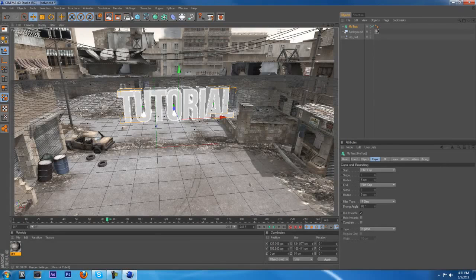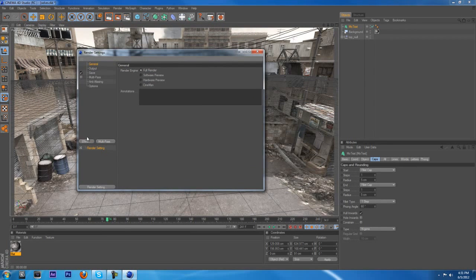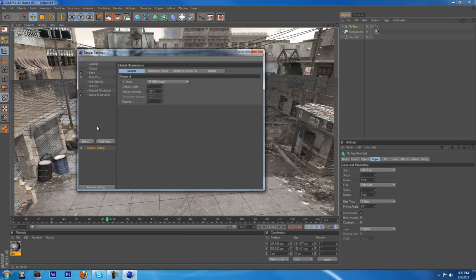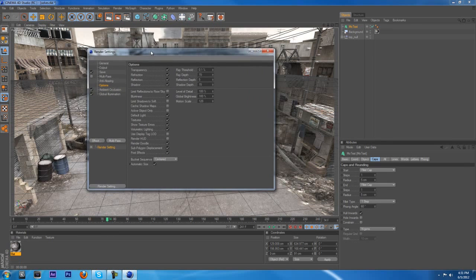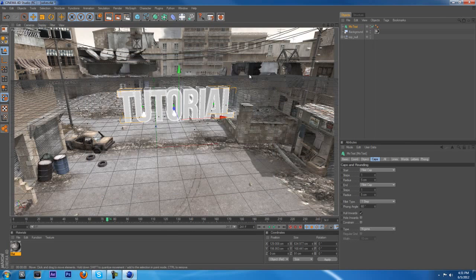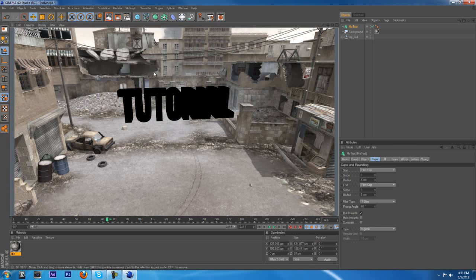So first thing I'm going to do now is go up to my render settings by clicking this button right here. Under render or effects, click effect, add ambient occlusion and global illumination. These will increase your render time a tad, but makes things look a whole lot better. So we can exit out of that now. If we render this now, you can see that everything will be black, and that is okay. That's because we don't have